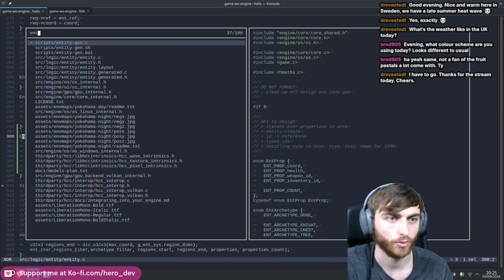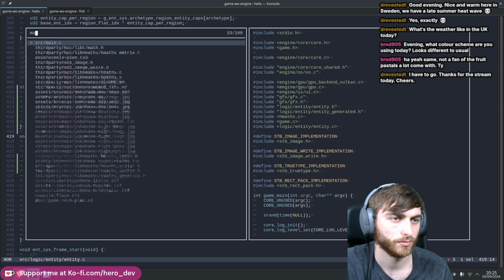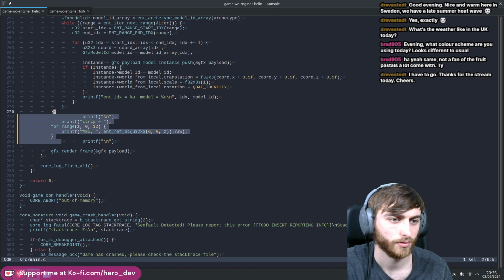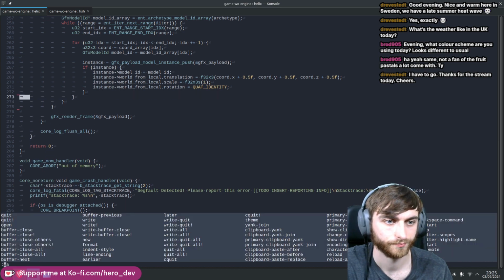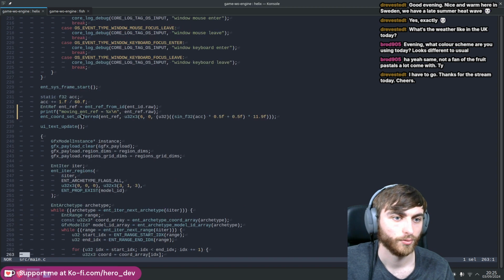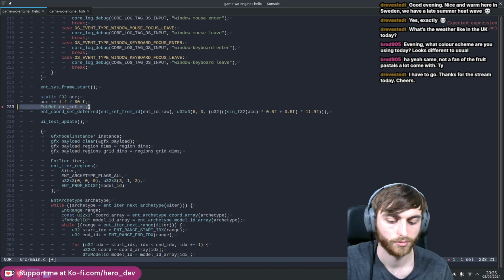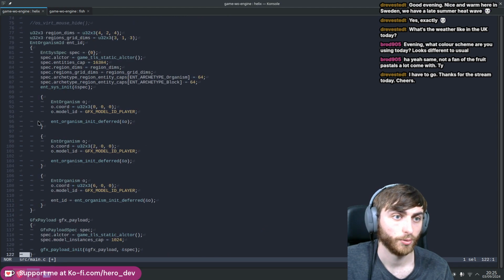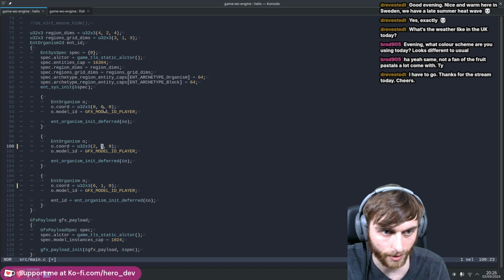Alright, so let's go to the layout file. Yeah, we've got the block. Okay, so when we create the entity, let's get rid of this strip thing now. Alright, so nice. So we're going to instantiate a 3D grid of things. We could probably just do, let's do the bottom layer. So we'll move these entities up by one. These are the players, and then we'll spawn